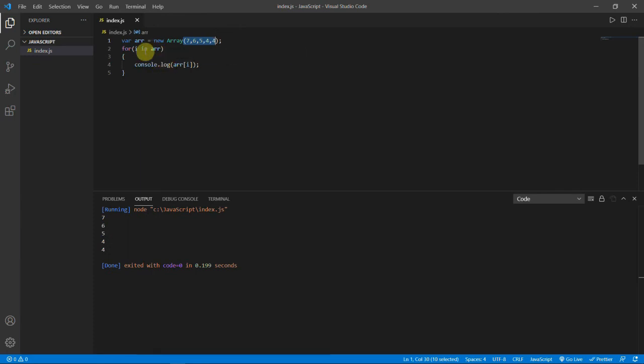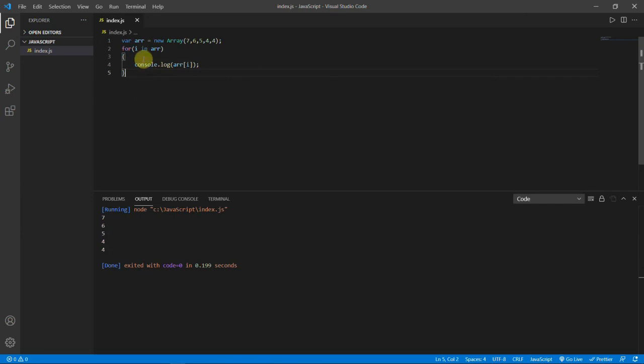wherein we are not telling the for loop that we have any limit or something. It is creating a variable I that ranges over the length of the array. So I will loop until the array's elements get over. I will be 0 at the start, so it will come in here and print the value of arr of 0, which is 7, and then again it will go and print, until the end, which is index 4: 0, 1, 2, 3, 4. So until it is 4, it keeps on printing. This is one way to print the array using for in.